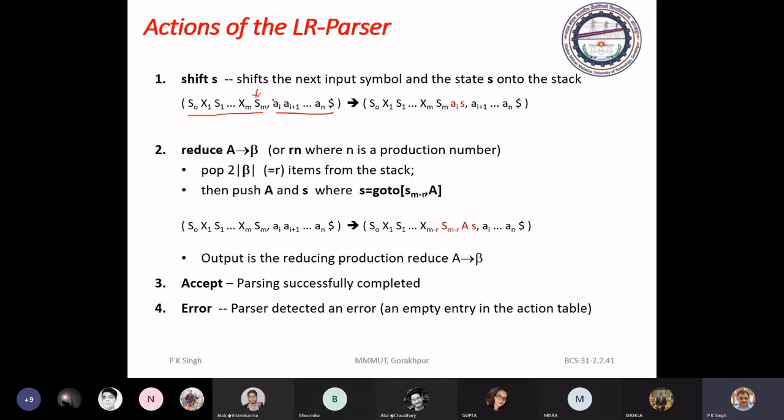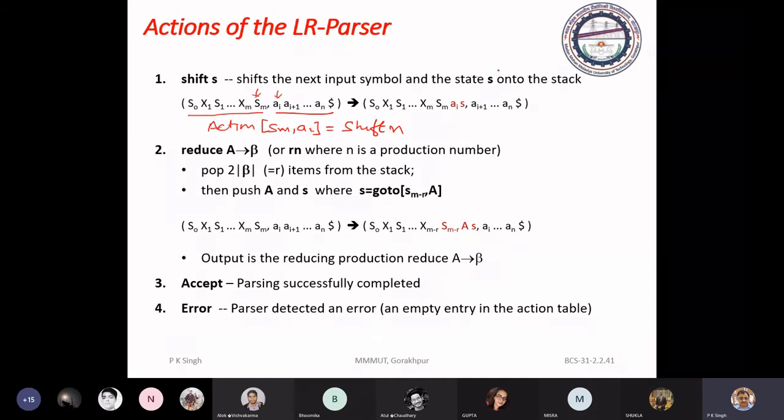TOS is pointing to this state and the input pointer is pointing to this ai. So if the action for ai is shift and the next state is, suppose, m, then what will happen? The configuration of the parser gets changed after taking this action.